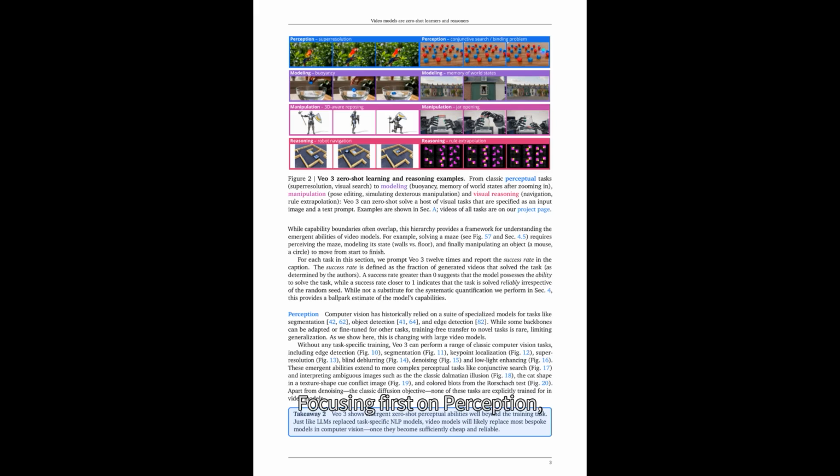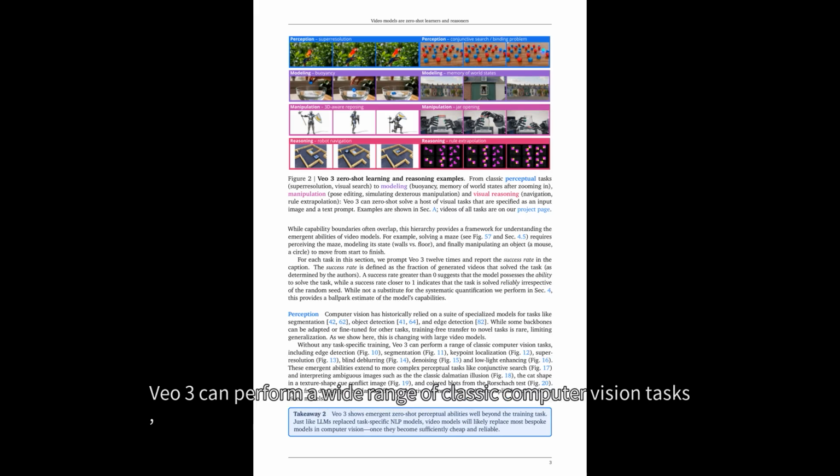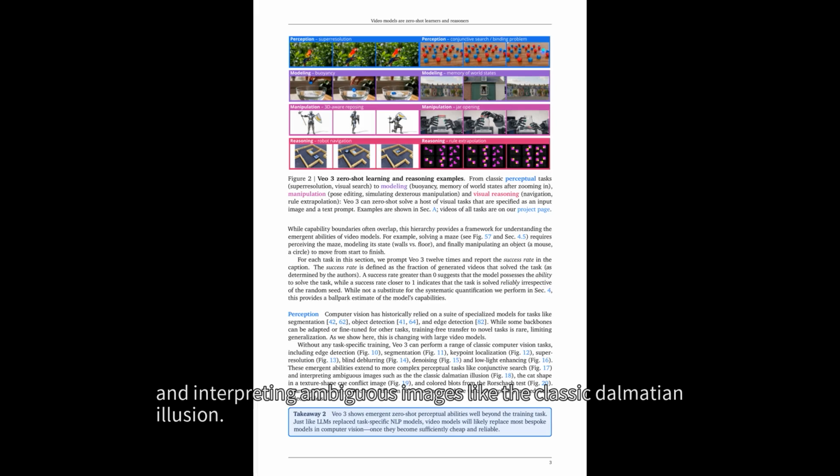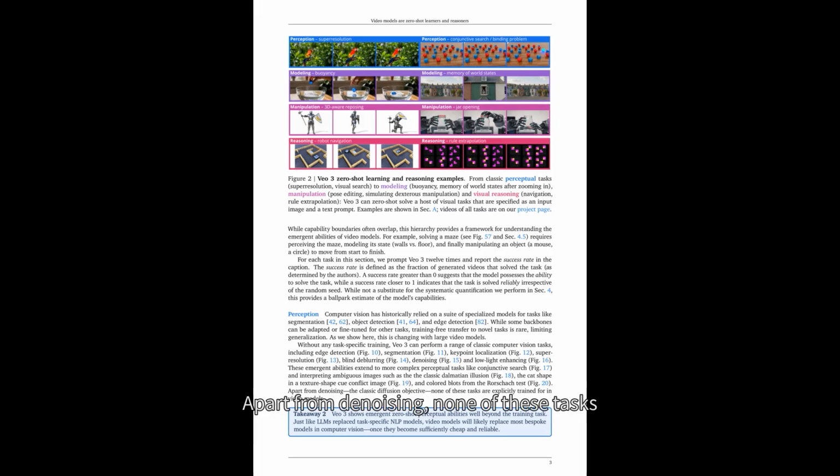capability. Focusing first on perception, we see that without any task-specific training, VO3 can perform a wide range of classic computer vision tasks, including edge detection, segmentation, and interpreting ambiguous images like the classic Dalmatian illusion. Apart from denoising, none of these tasks were explicitly trained for in video models. This leads to takeaway 2. VO3 shows emergent zero-shot perceptual abilities well beyond its training task, suggesting that video models will likely replace most bespoke